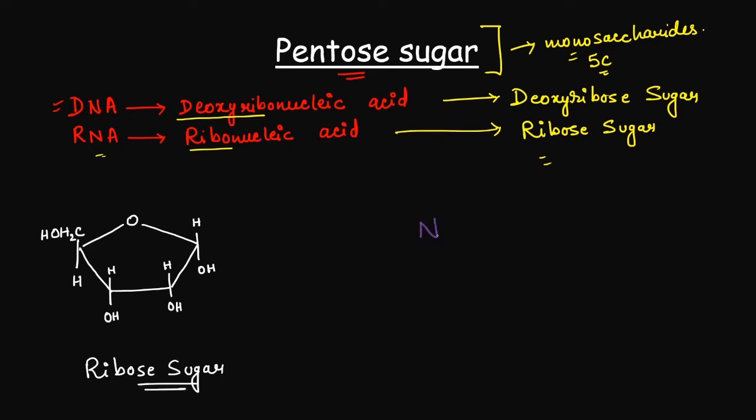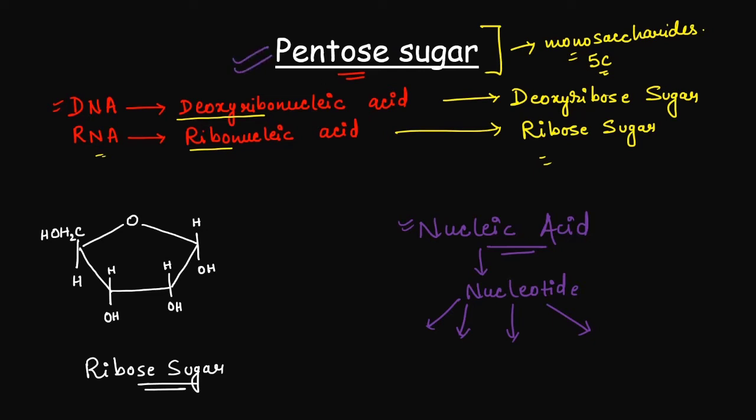Now in case of nucleic acid, several questions are asked from its structure. So to understand the structure of nucleic acid, we have to understand the structure of its unit component, which is the nucleotide. And to understand the structure of the nucleotide, we have to understand the structure of ribose sugar, deoxyribose, the phosphate group and nitrogenous bases. Out of all this, at least in case of pentose sugar, the minimum we can do is to learn the carbon numbering. It will help us to understand the structure of the nucleotide.